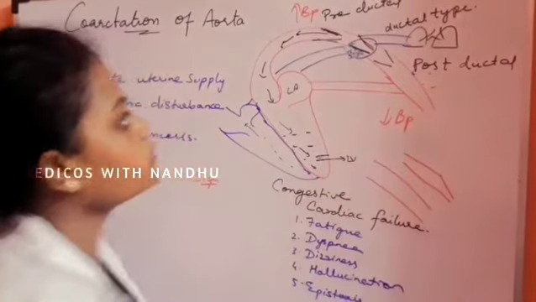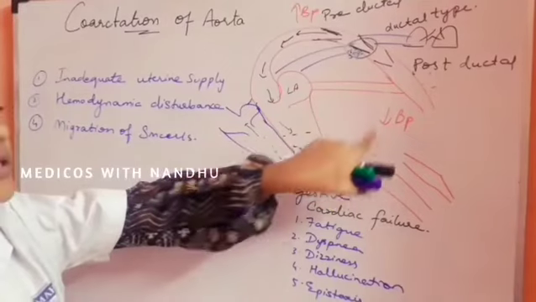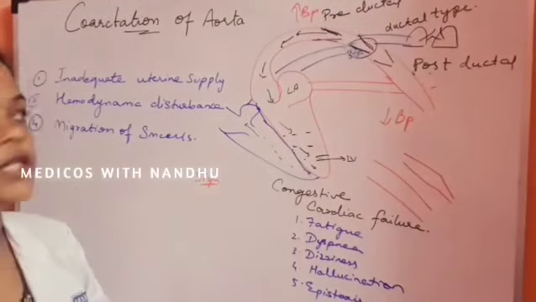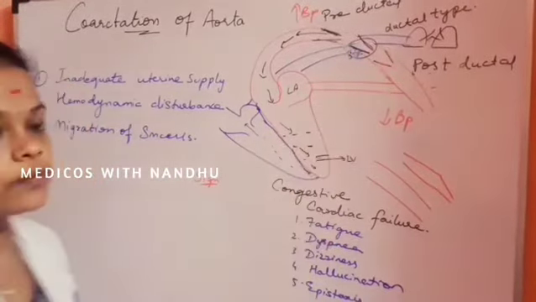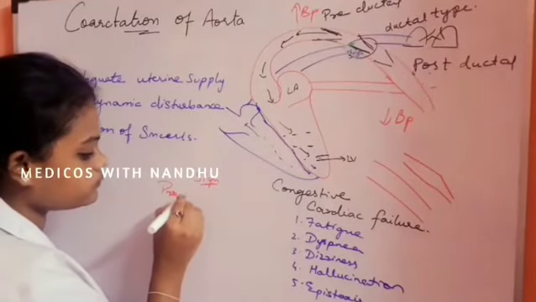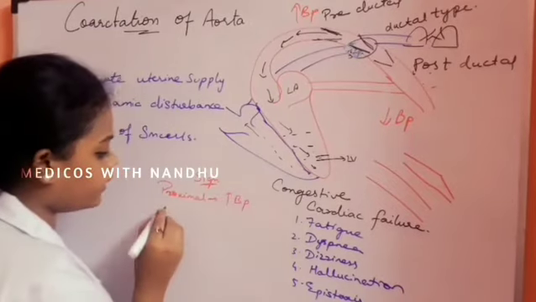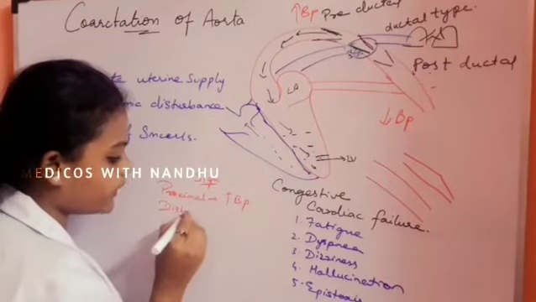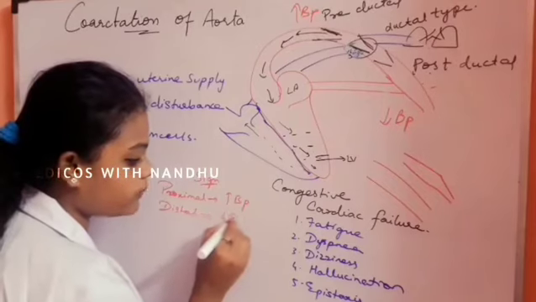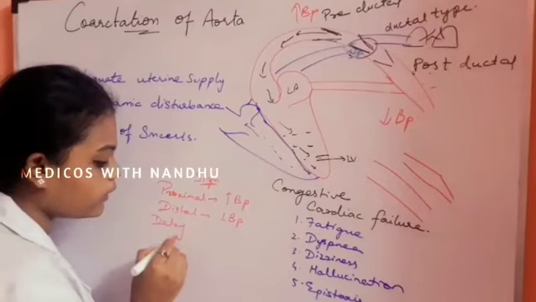Understand? So more blood pressure if proximal stenosis happens and low blood pressure if distal stenosis happens. So on the proximal side, increased blood pressure, and on the distal side we have decreased blood pressure,